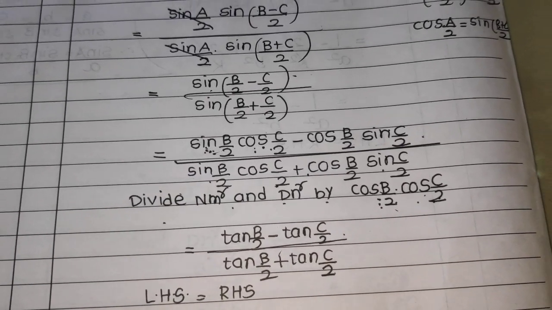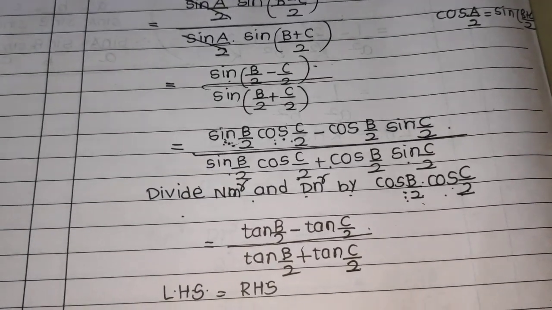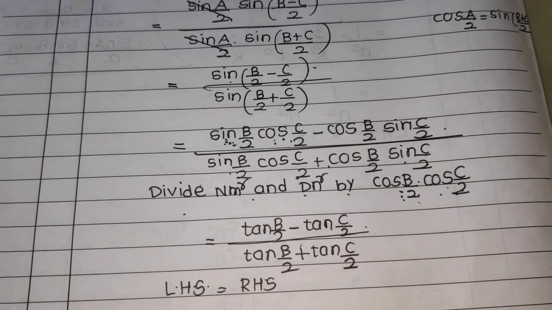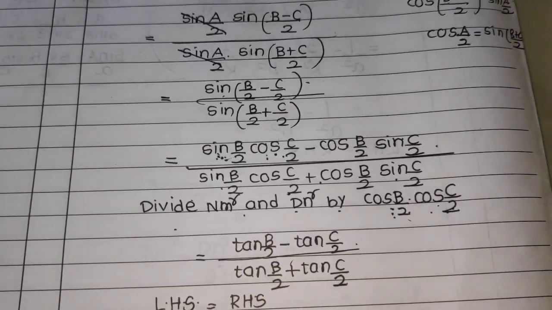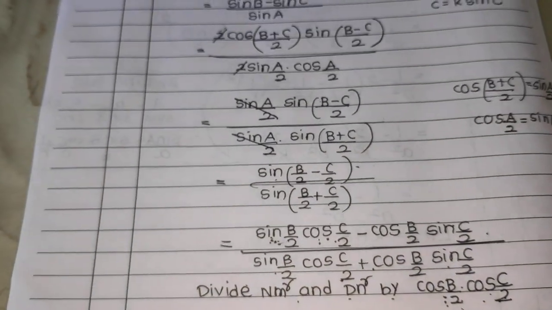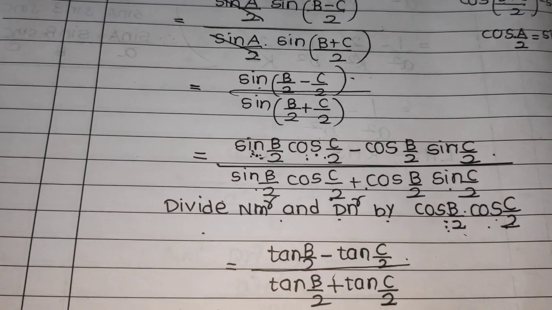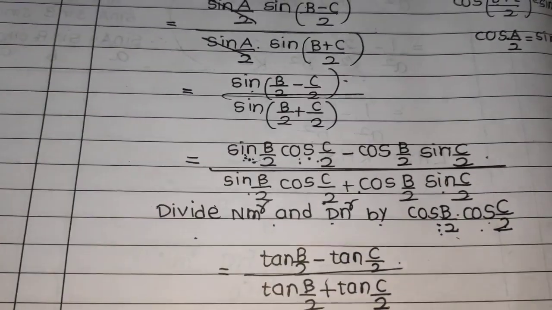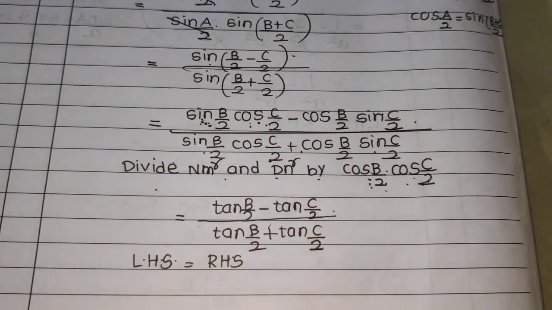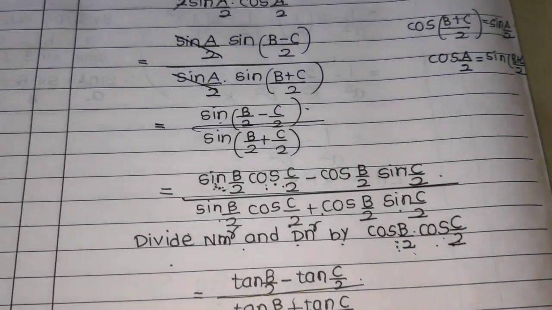Now this is the most crucial step of the problem, because if you miss this, there is no chance you can get the result. There can be another way, like you can stop at this and start with the right hand side, and then you come across the same result. But normally if we are able to solve within the given LHS, that's always a time saving.